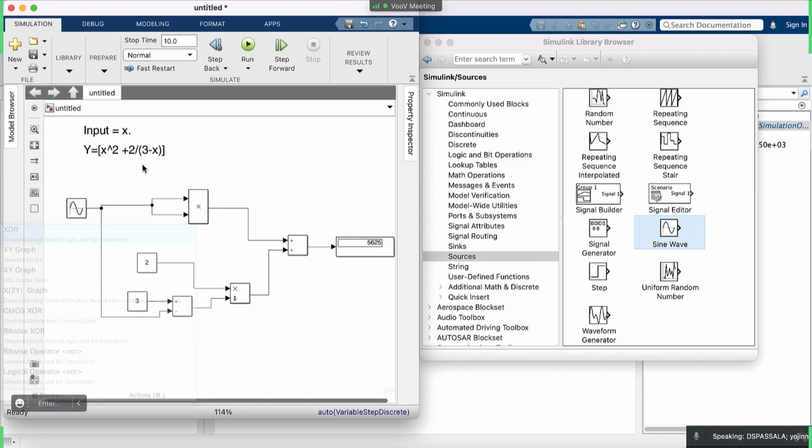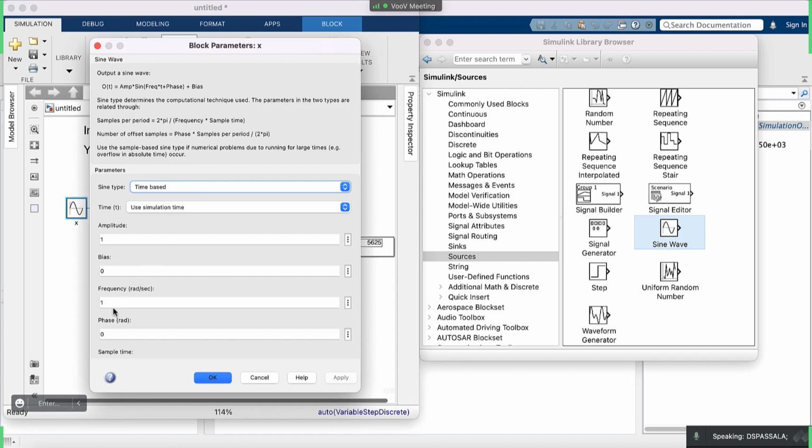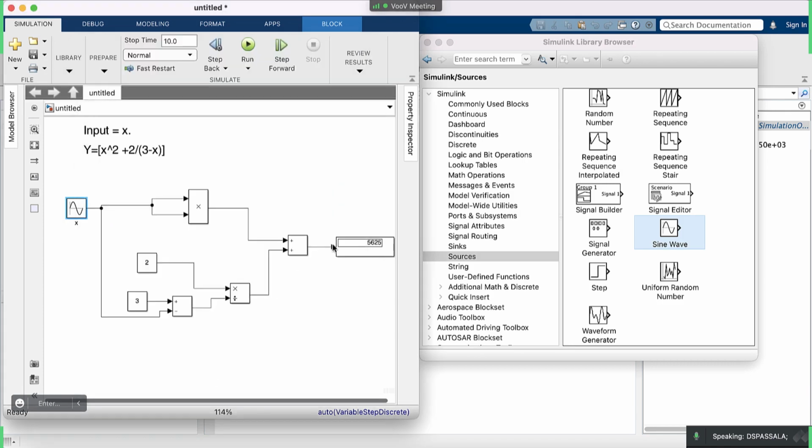So our input x is this. The output is going to be something equivalent. We can set this amplitude 最大一点，然后就那样，我们这样子的波形。